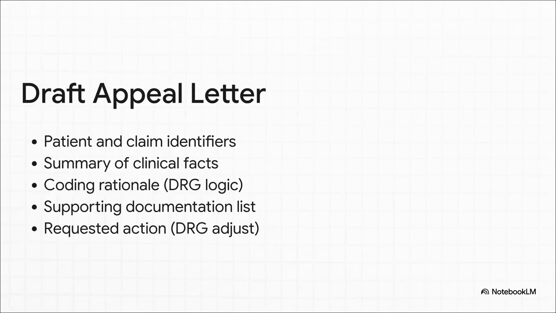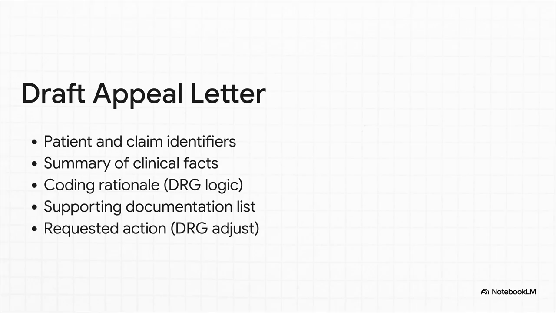So what does a winning appeal letter actually look like? Well, your clinical facts and your coding rationale must be perfectly synchronized. This means you need to explicitly cite official ICD-10-CM coding guidelines or Coding Clinic advice. And you have to defend the medicine using gold standard criteria. Think Sepsis-2 or 3, ASPEN criteria for malnutrition, or KDIGO guidelines for AKI. You then tie that gold standard directly back to your patient's specific lab trends, vitals, nursing flow sheets, and the